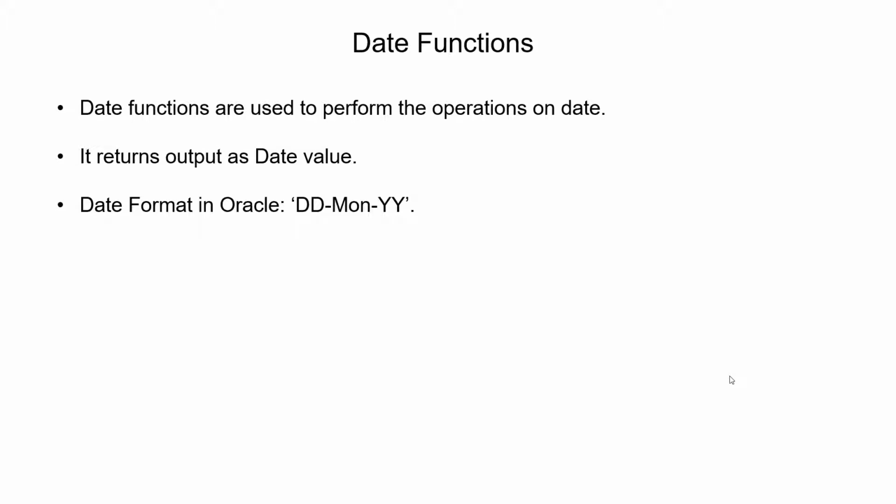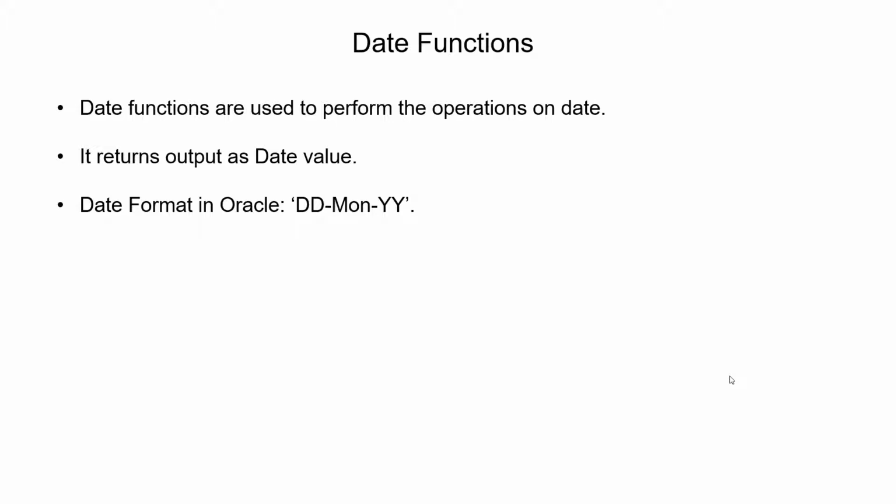Now, what are the date functions? Date functions are used to perform operations on the date. Whenever you give the input as a date, it returns the output as a date only. The format of date in Oracle is DD-MON-YY. DD is the date, MON is the first three characters of the month name, and YY is the two digits